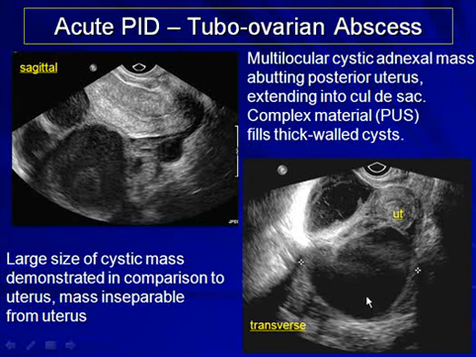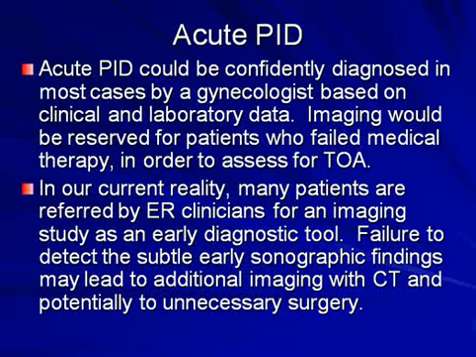Now, the large size of this cystic mass in comparison to the uterus is worthy of note, and notice that the mass is inseparable from the uterus. Acute PID could be confidently diagnosed in most cases by a gynecologist based on clinical and laboratory data. And imaging in that case would be reserved for patients who failed medical therapy in order to assess for tubo-ovarian abscess. However, in our current reality, many patients are